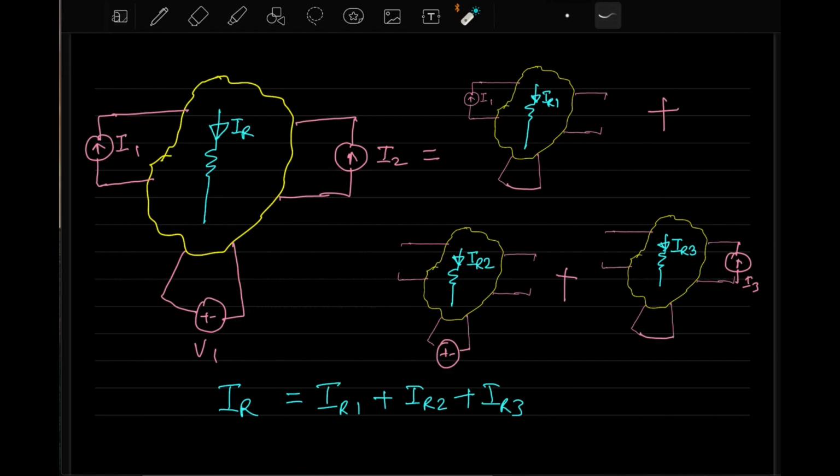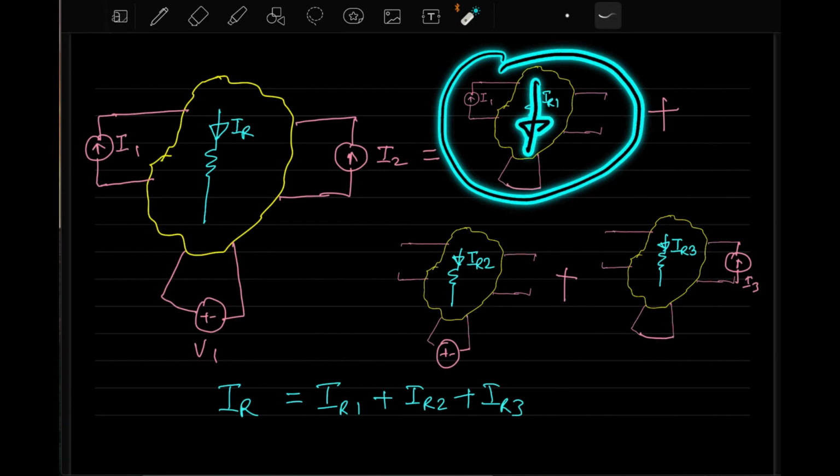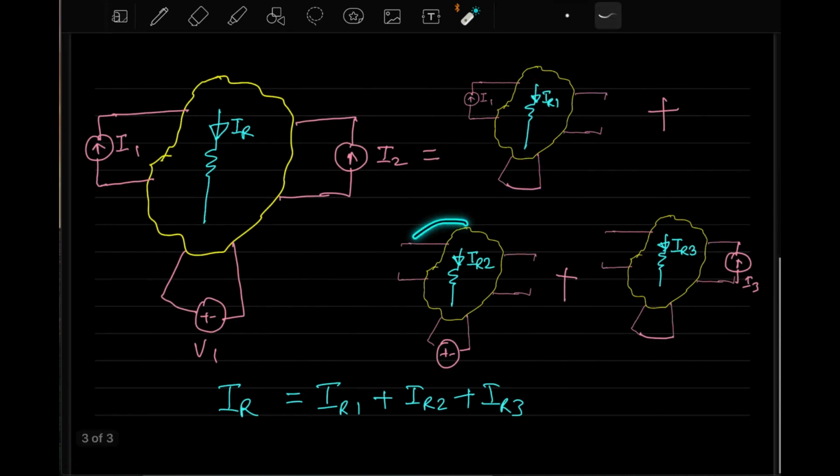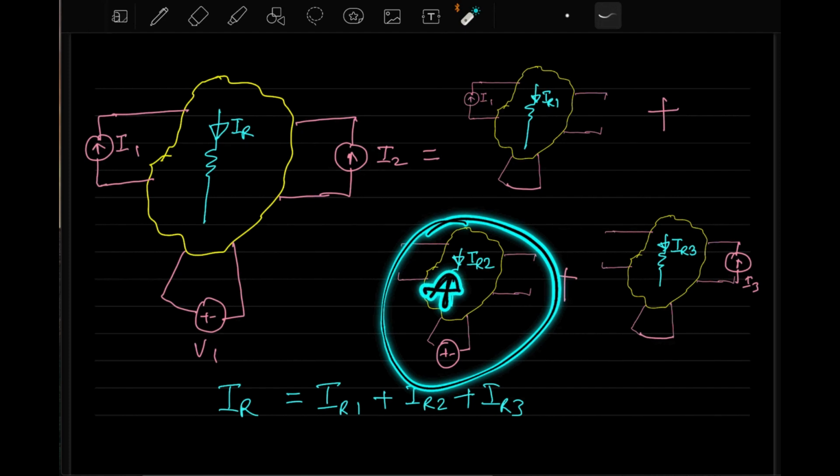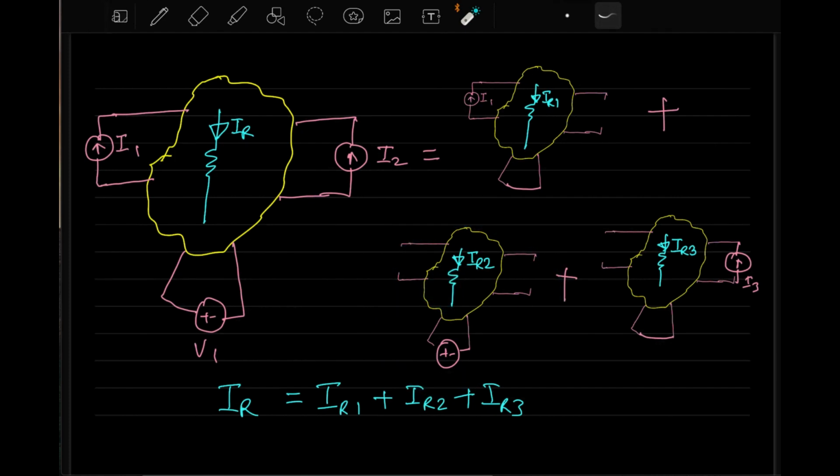And note one important thing here, we will solve the question related to it, don't worry about it, but you have to check for the polarities. For example, suppose for this circuit the current is flowing in this direction, it might be the case that in this circuit your current will flow in the opposite direction. If that type of situation happens, then ideally it will be a plus-minus type of situation. So depending upon the flow of current, it will be either adding or subtracting. So this is basically the concept of superposition.